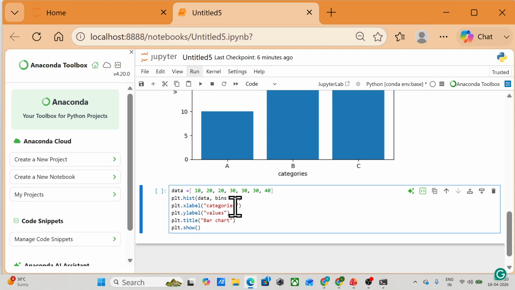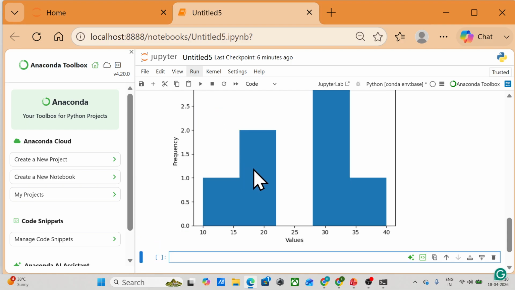Here we will take values, and here we will take frequency. We are going to plot a histogram.